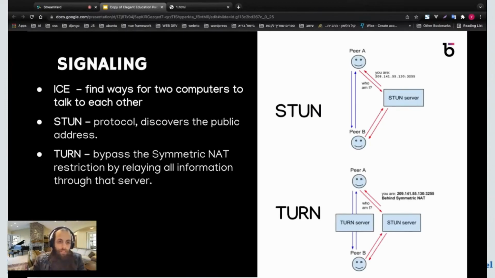Then we have the ICE. ICE is one of the most important things in WebRTC because it finds a way for the two computers to talk to each other. You probably know that you have firewalls, you have NATs, you have a bunch of problems that can happen that will not let everyone just go directly to your computer. Otherwise, it would end in a disaster, leak of information, etc. So ICE is the way to find the path between me and you, and